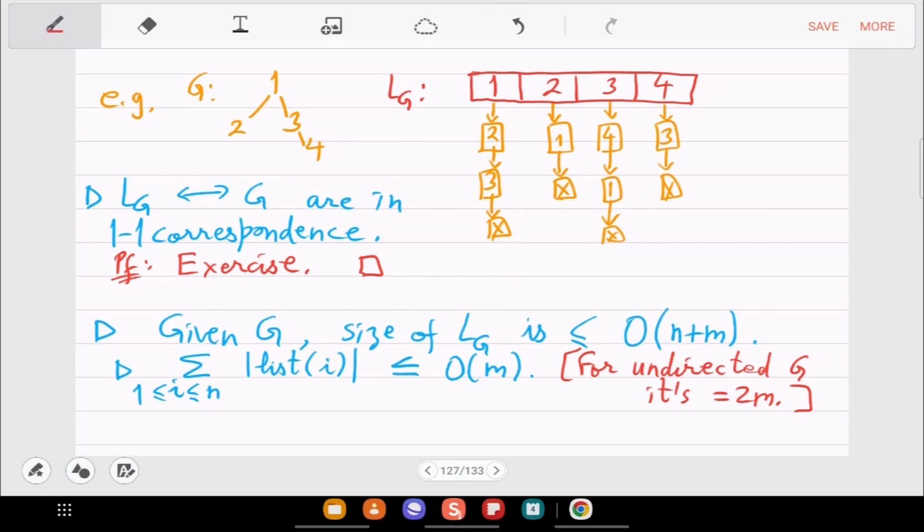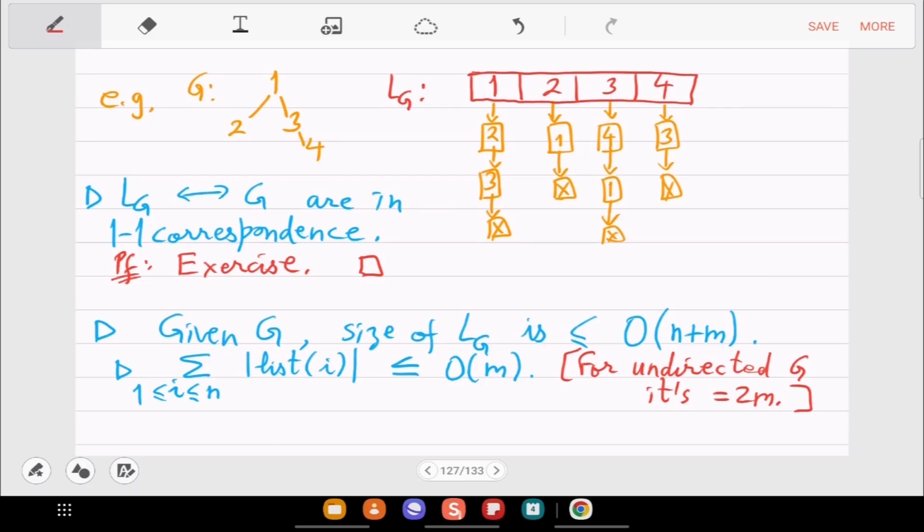This can be shown. The proof idea is that an edge has two vertices, two endpoints, so an edge contributes a count of 2. When there is an edge from i to j, when you look from i, this edge contributes to the degree of i. And when you look at j, it also contributes to the degree of j. So when you sum up the degrees, you are overcounting the edges by a multiple of 2. So you get 2m. So you can prove this exact bound.